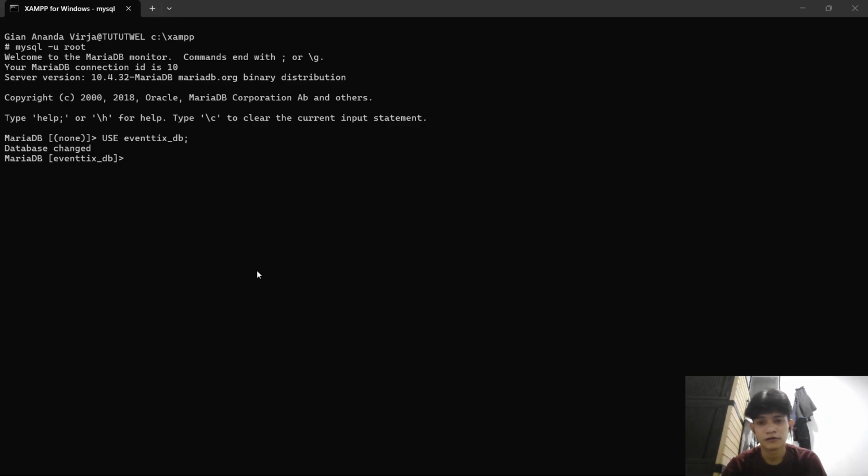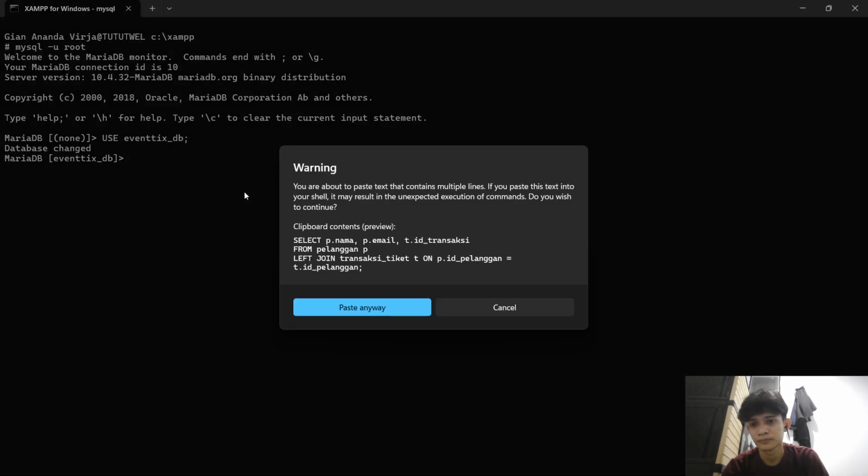For number one, we display our customer data along with their transaction ID by using left join with the customer table on the left. We ensure that every customer is listed. If a customer hasn't made any purchase, their transaction column will simply show as null.